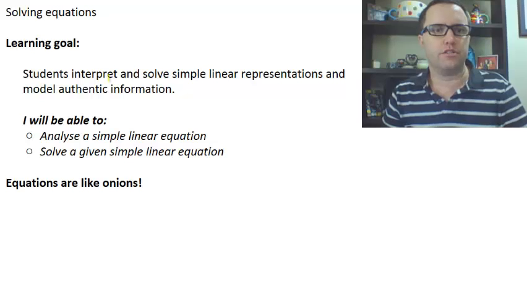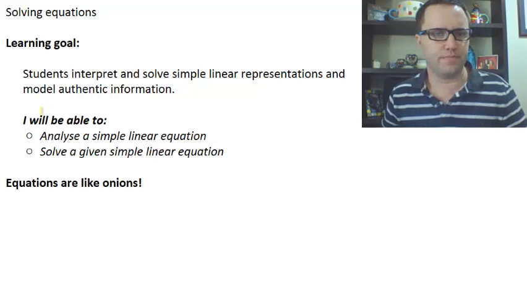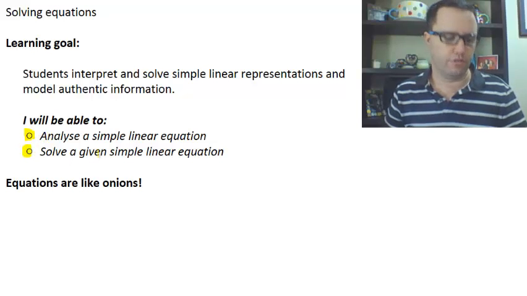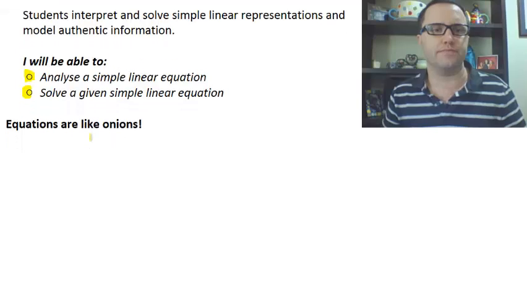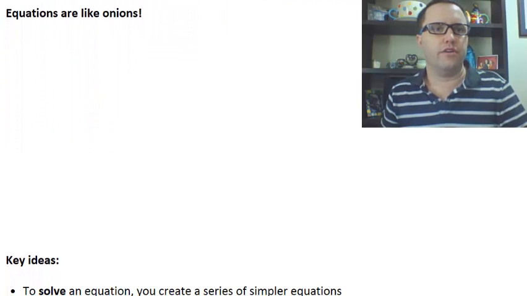The learning goal is that students interpret and solve linear representations and model some authentic information. At the end of this, you'll want to be able to analyze a simple linear equation and solve a given simple linear equation. Okay, the first thing I want you to know is that